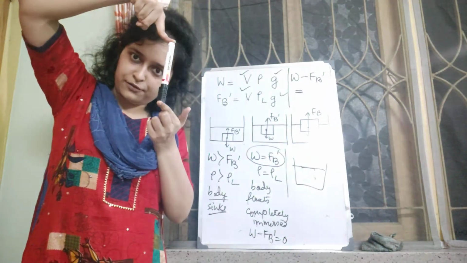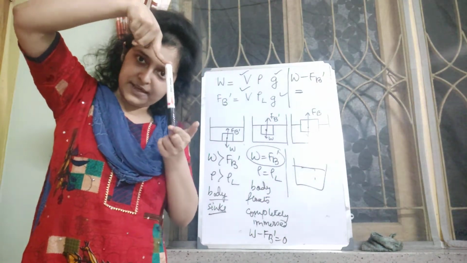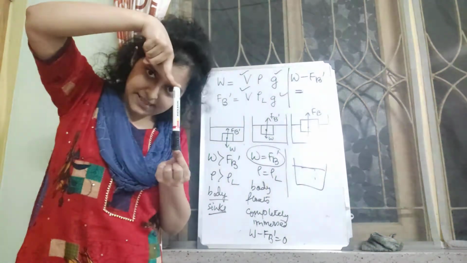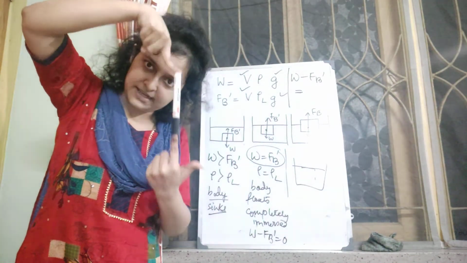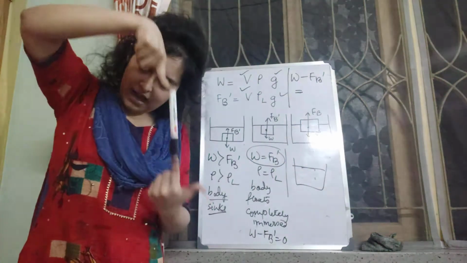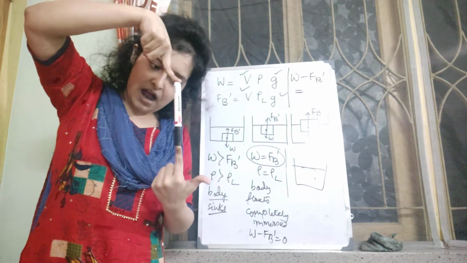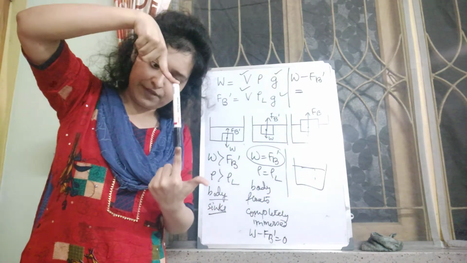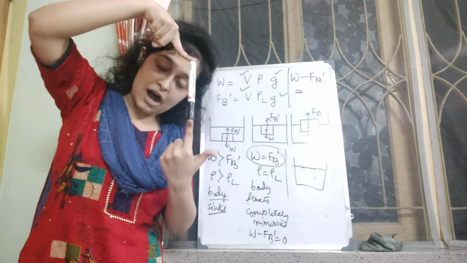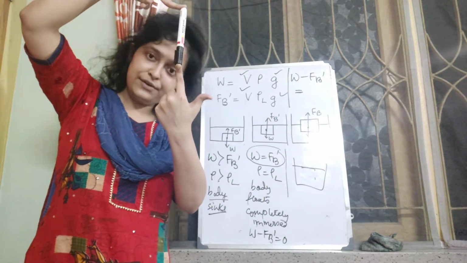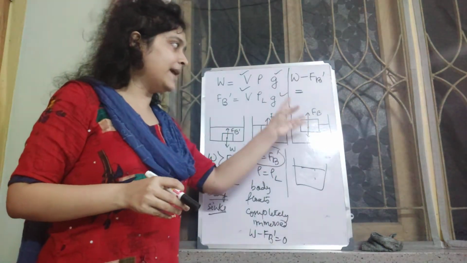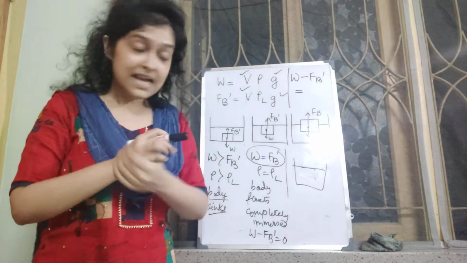Downward force, upward force. When can a body move in this condition? When can a body move upwards? If the force which is acting upward is more, then only it can move upwards, right? Weight, upthrust. If the maximum upthrust is more, then it will move upwards. How long will it move? When it reaches a position such that the weight is balanced by the upthrust of the water.